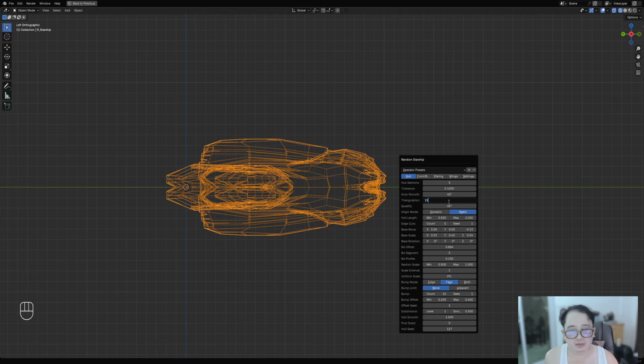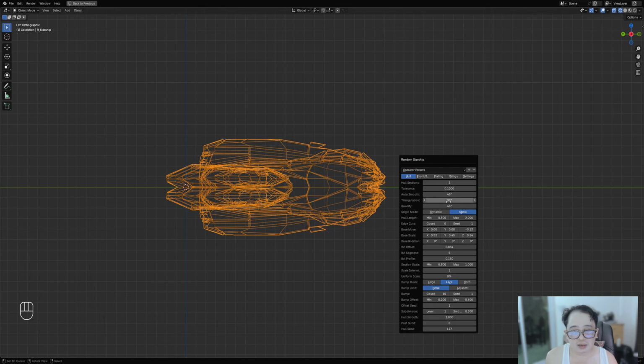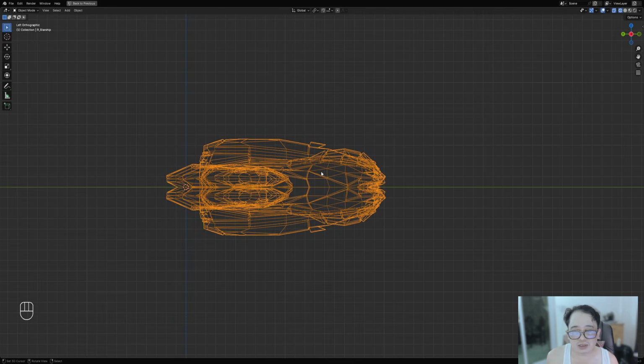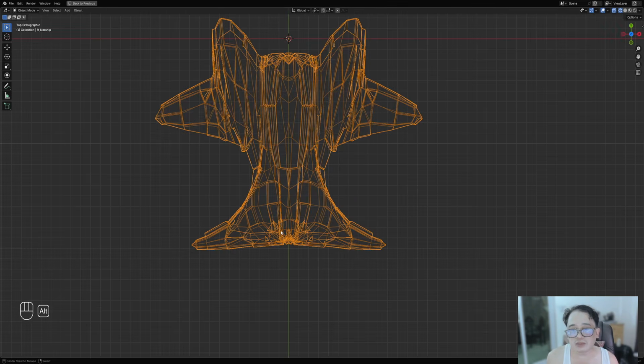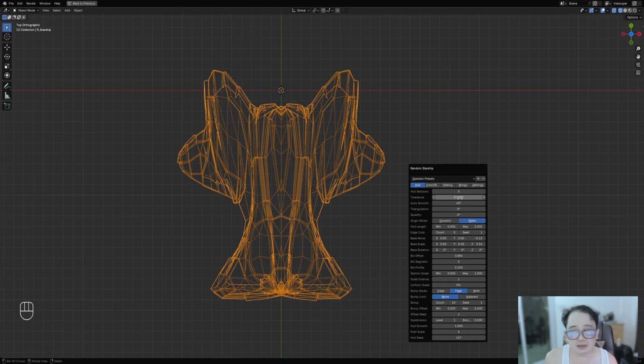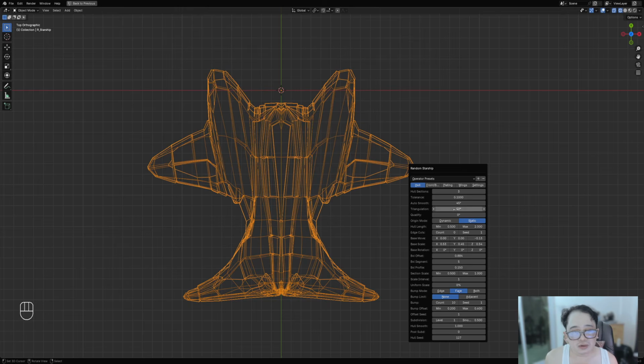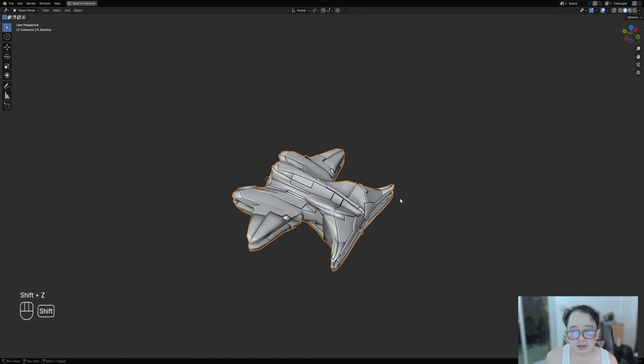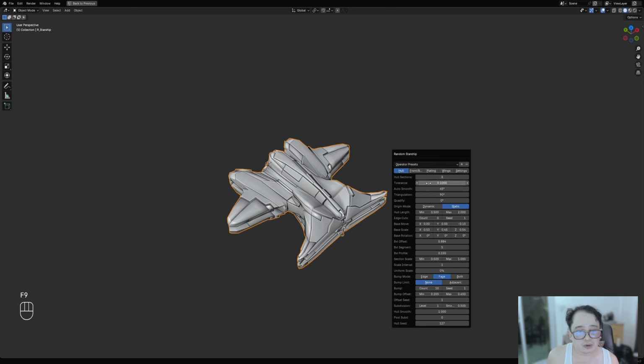So 30 and quantify is 0. Okay, so you can see that it triangulated some of the faces based on the increased degree or angle. So let's try 90, and it also affects the shape of the model. So it triangulates the mesh and